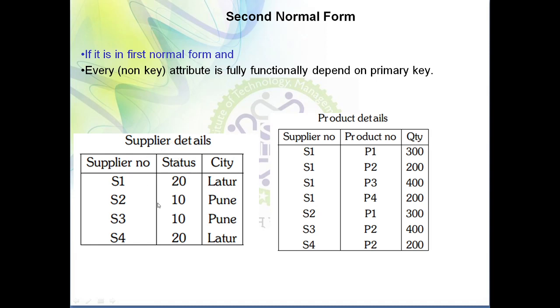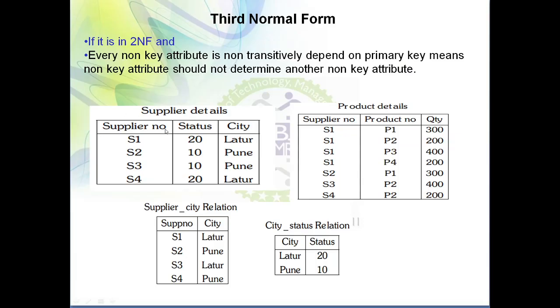So to bring this table into the third normal form, we need to apply the concept of normalization. Normalization means decomposition. So what we have done, we just decomposed this supplier details table into the supplier CT relation table and the CT status relation table. So here, is there any issue of transitive dependency? No, because in this case only two attributes are there. One attribute is a primary key and another attribute is a non-key attribute. So only one non-key attribute is there. Then there is no possibility that one non-key attribute can find the value of another non-key attribute. So we can say that the supplier CT relation is also in the third normal form. The CT status table is also in the third normal form.